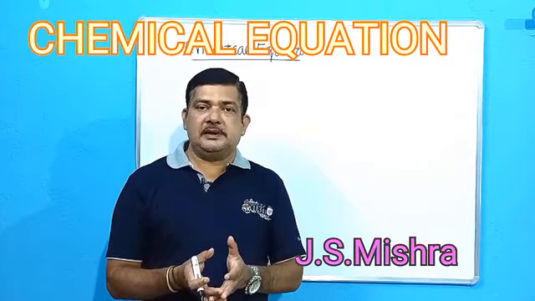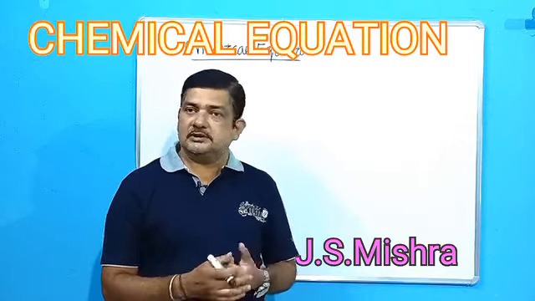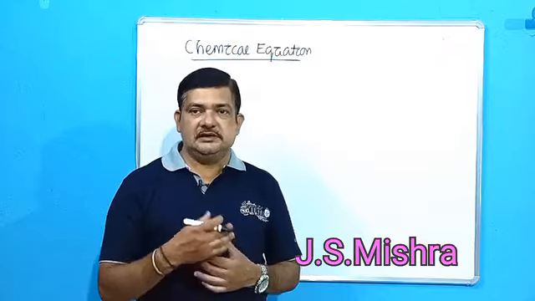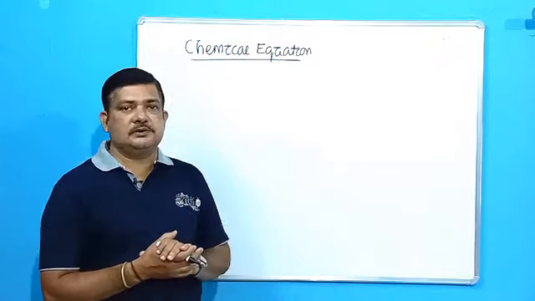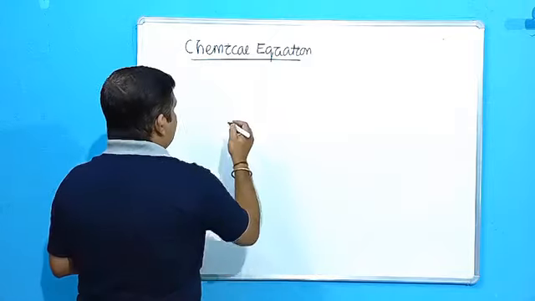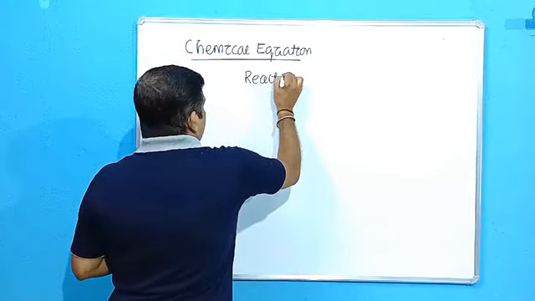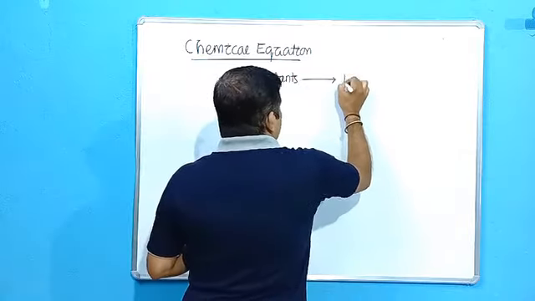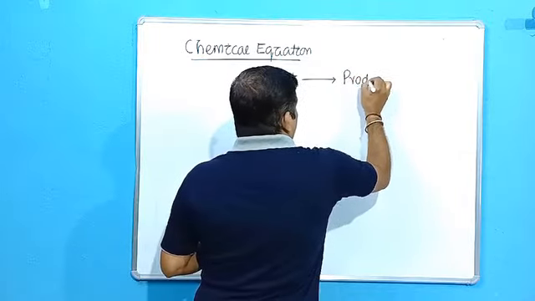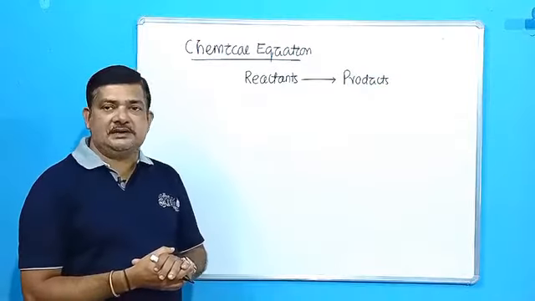Now, we can express it verbally like this. Hydrogen reacts with oxygen to produce water. So, this is lengthy. It is a lengthy way to represent the chemical reactions actually happening. So, what happens during the chemical reaction? Some reactants react with each other to produce or to form some products. So, this is what happens during the course of a chemical reaction.